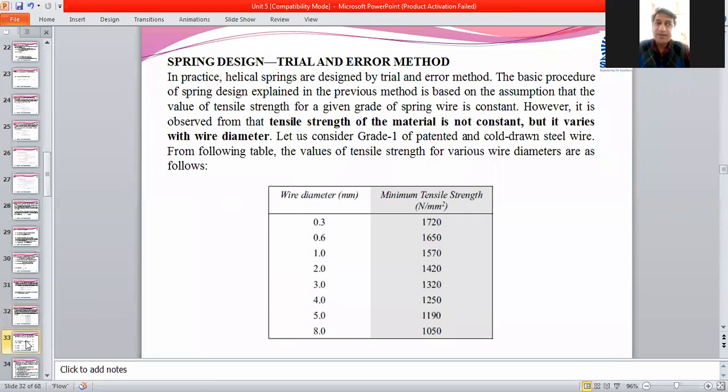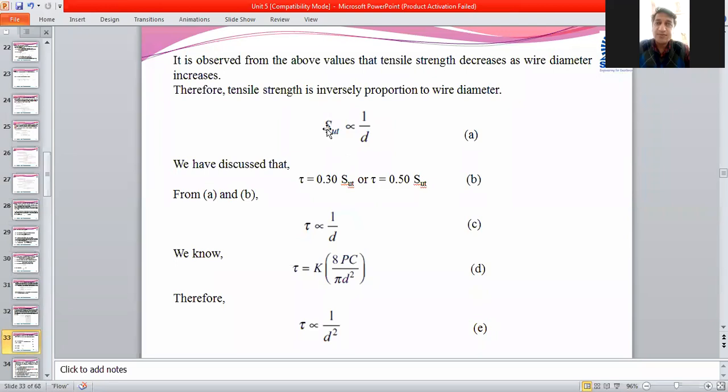And that's why this general conclusion we can make: ultimate tensile strength depends upon the diameter of that wire, so shear strength of that same material, same wire is inversely proportional to the diameter of that wire. Do you have any query up till now? Let me know. Are you getting what I am saying?